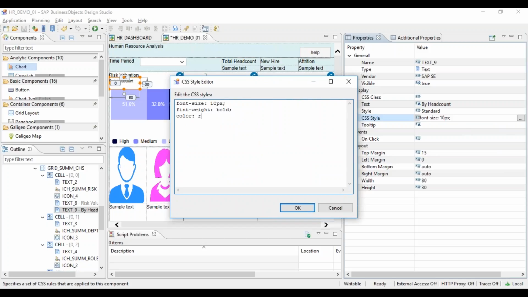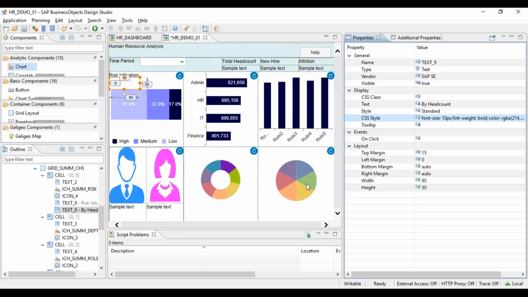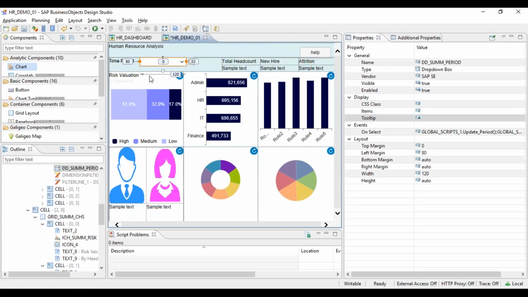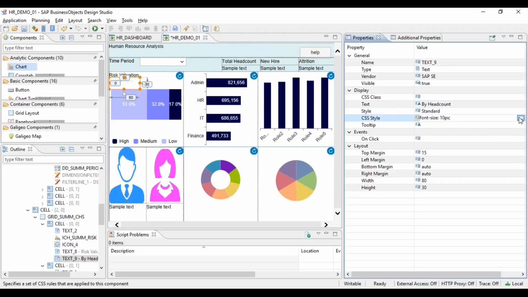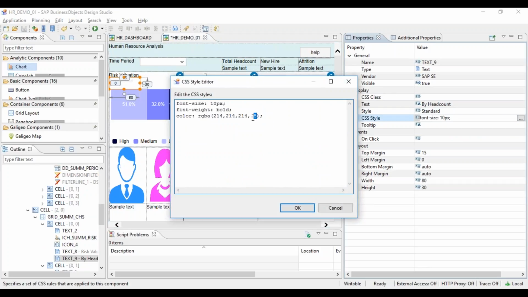So color, either we can give RGBA in this format, and this last one is for transparency, how much transparent you want. So you can give 0.5. If you think that it's not visible, you can decrease its transparency. Instead, you can increase its transparency.